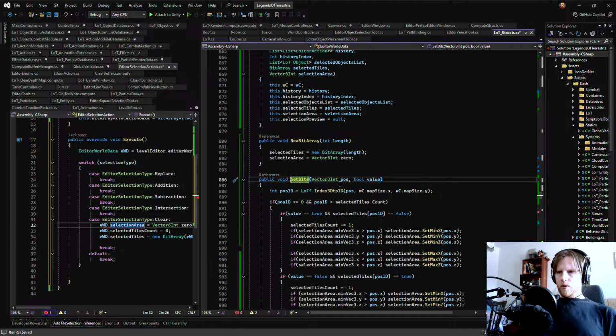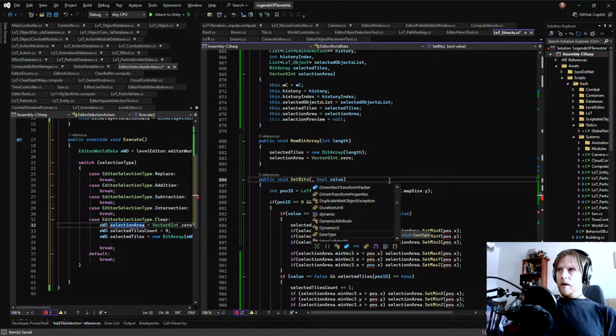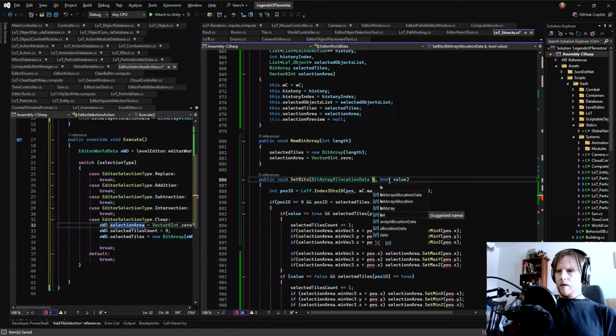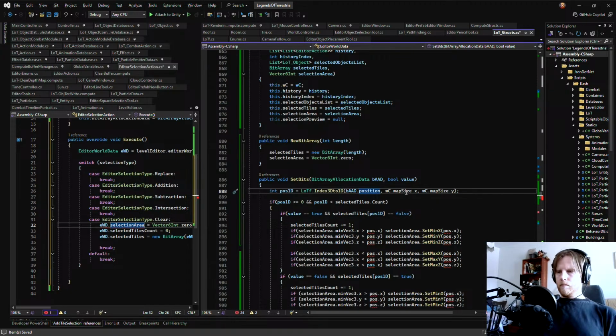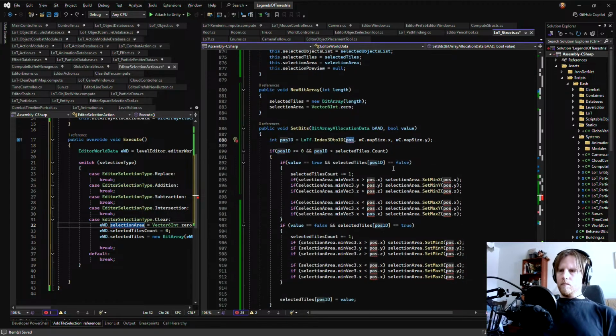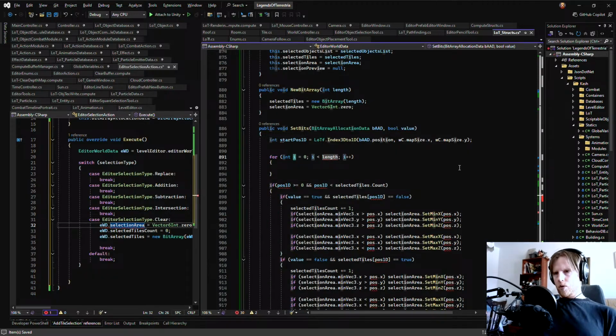And it should always take a bit array allocation data. And then this needs a for loop.